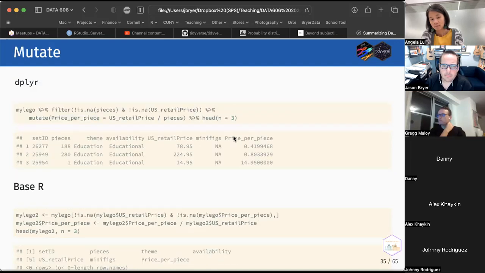Professor? Yep. So mutate is basically just creating a new column, and there's some kind of a calculation where you're naming a new column, and that column is a composition, multiplication, division of two other columns. Yep. One thing I'm confused about is